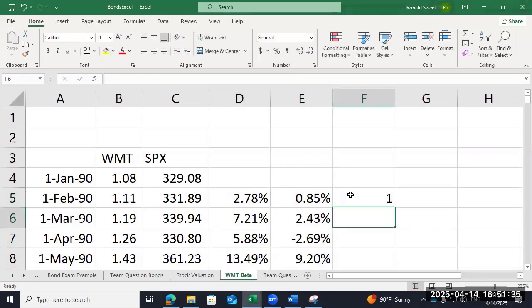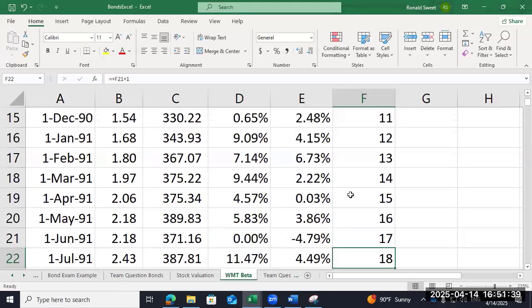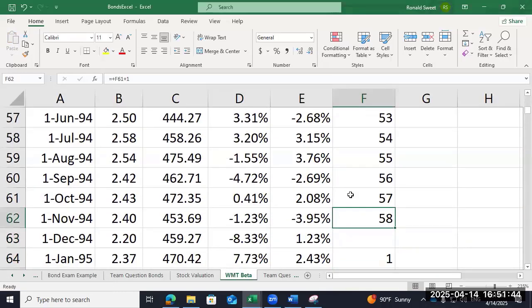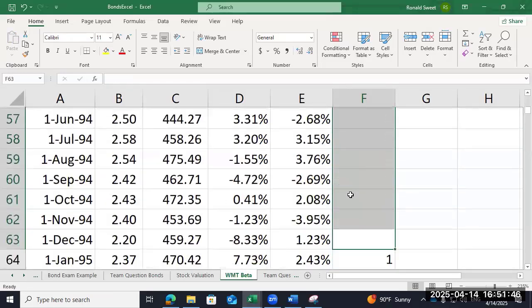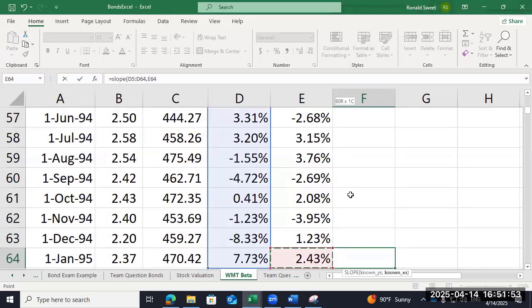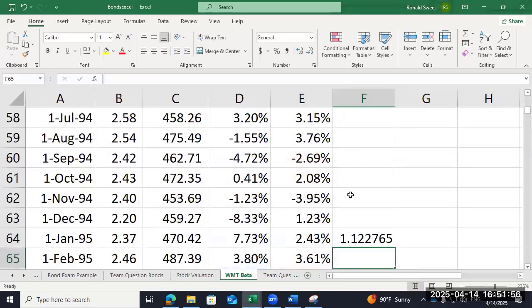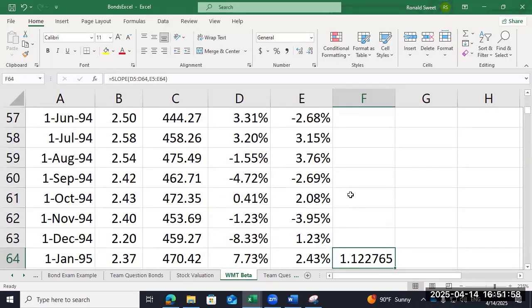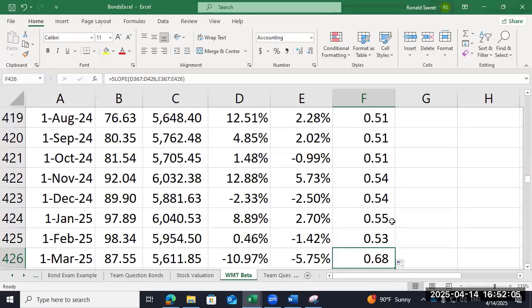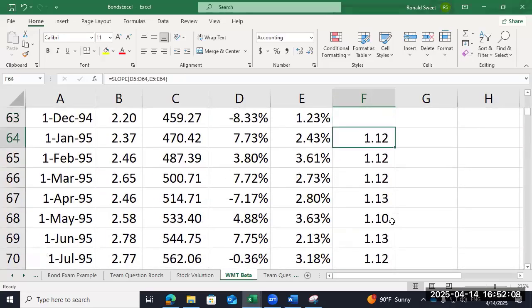And then we're going to do a 5-year rolling. So you find month 60. Then you do the slope function, equals slope. You do your company, make sure you do your company first, then the market, and you'll be surprised that their beta was above 1 when they started. But I'll show you how I'll handle that. So there's my beta for Walmart,